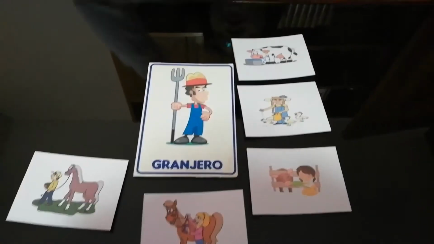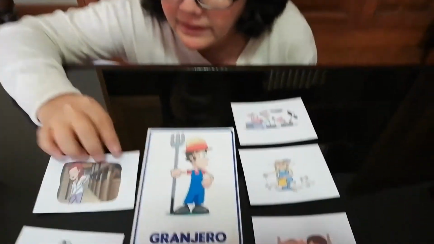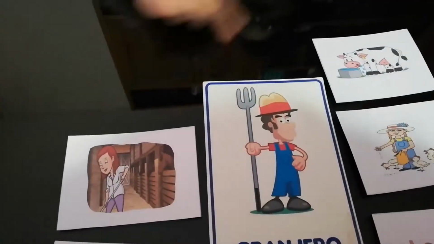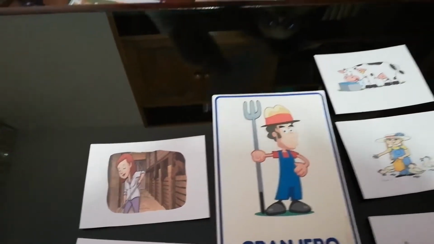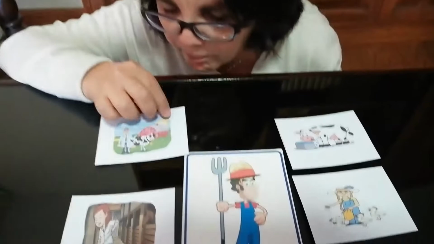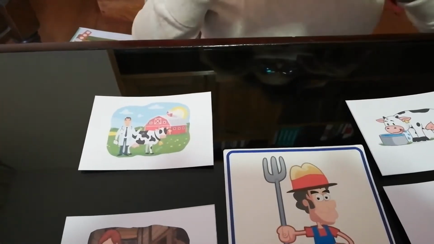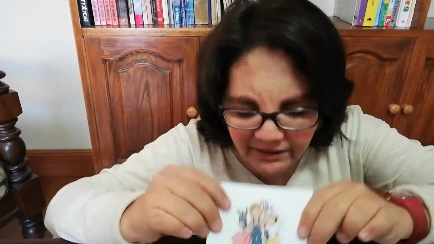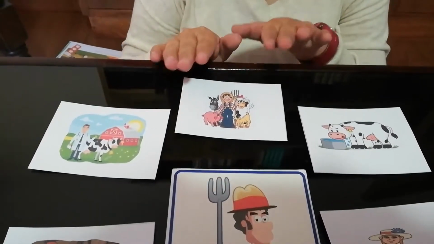Then the farmer has to clean where the animals live, okay? He has to take his animals to the vet when it is needed. But also the farmer has to love his animals and take care of his animals and spend time with them,